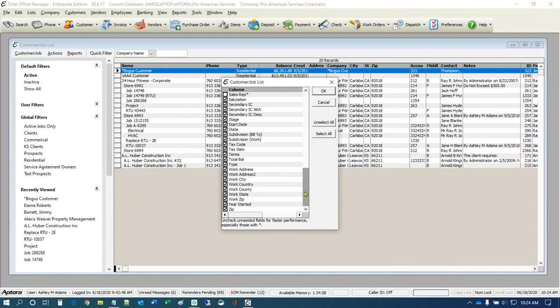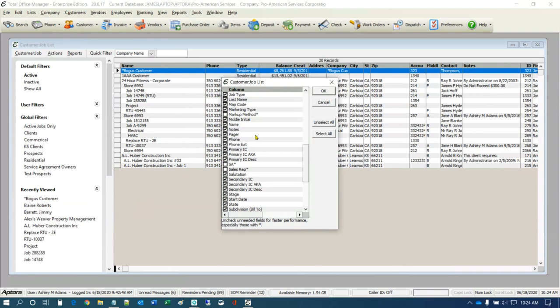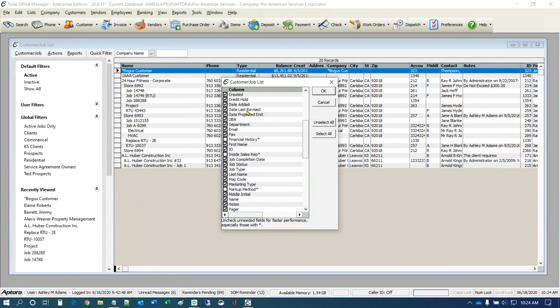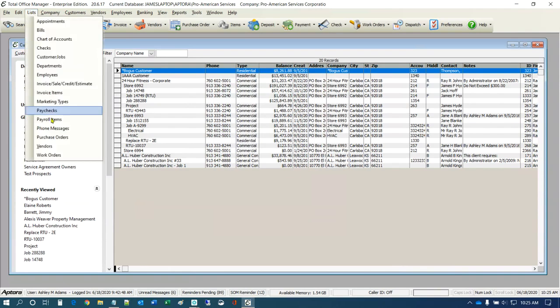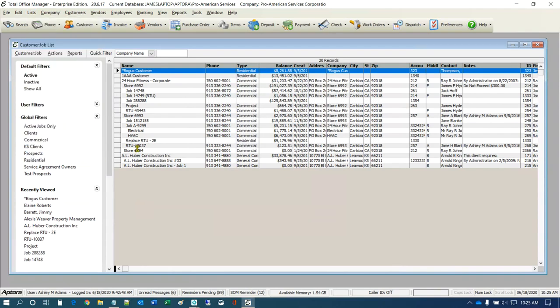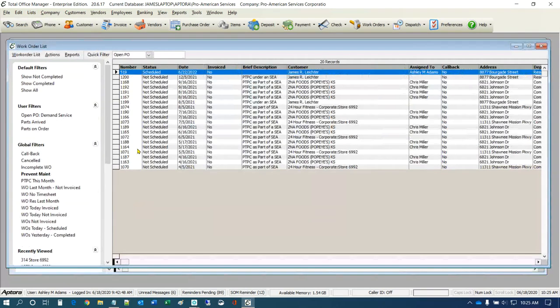Those make the list much faster. Much faster. Now, unchecking columns makes it a little bit faster, but anything with an asterisk makes it much faster. In some cases, some of them have more impact than others, but those are the ones you want to pay attention to. Now, rather than go into every one of these lists and do that,